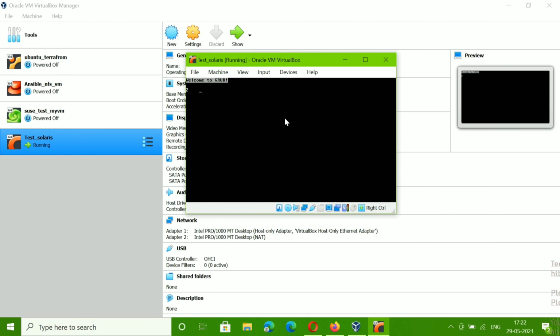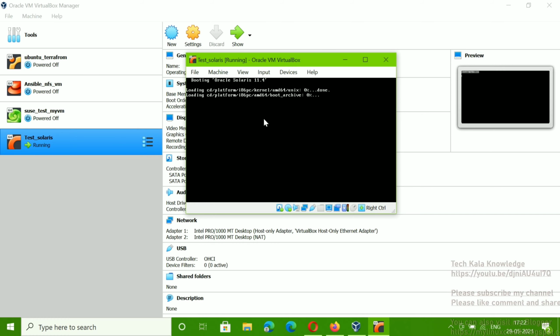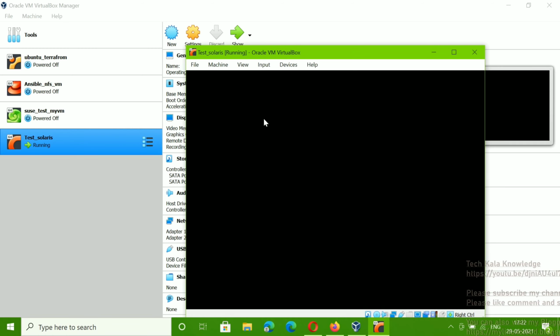Yeah, this time I'm getting it. One option was there that I skipped, so that's why I got that error. Now it's working fine. You can see it's booting Oracle Solaris 11.